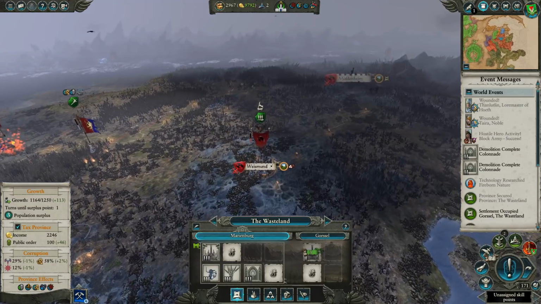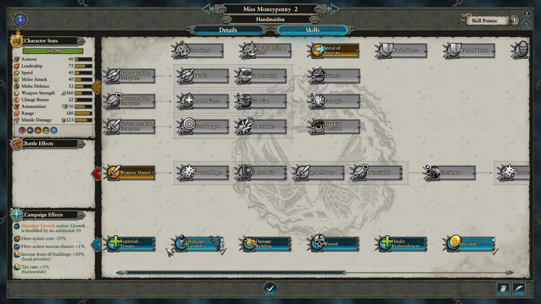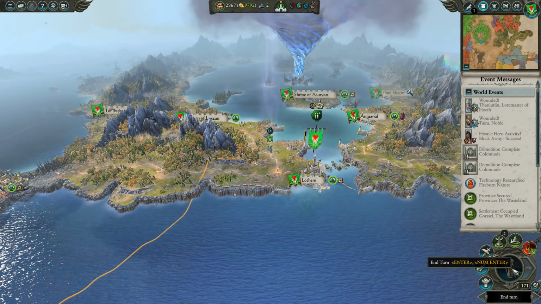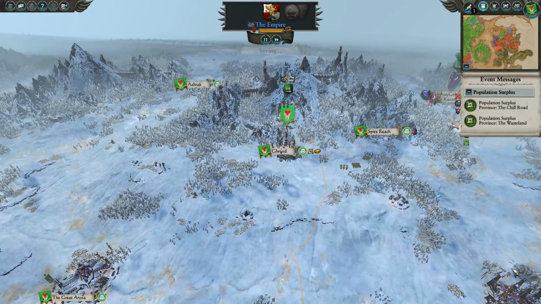I think... Okay. I don't know what's to do for the best, to be honest. Let's do specialist there. That seems fine. I would like the Empire to retake their territory. I forgot to move Alice. But